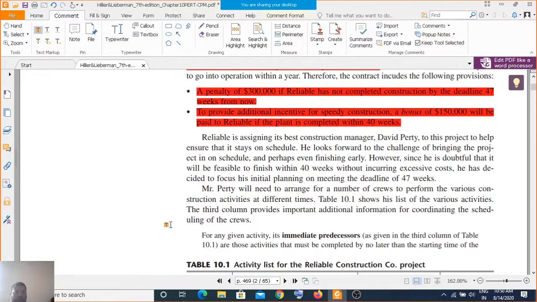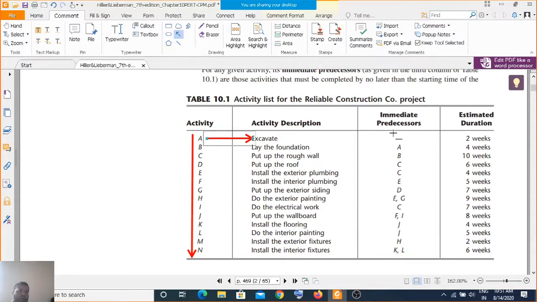In this table, the activities are named from A to N. There is no activity preceding A, but B starts after A, so A is the immediate predecessor.